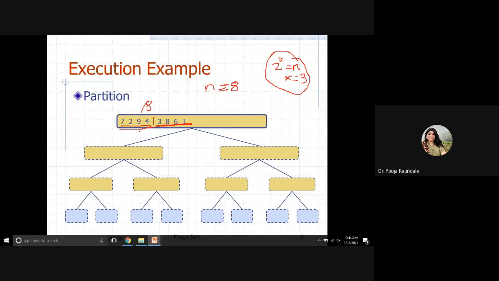Now we had said there are 3 steps. Partition, then, yes, what is the next step? Solving both the problems separately in a recursive way. And third is compiling the solution or merging the solution. So what happens in the next step? So this is the partition now, right? So first step is done, the partition.